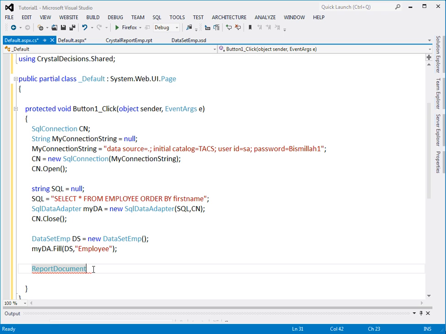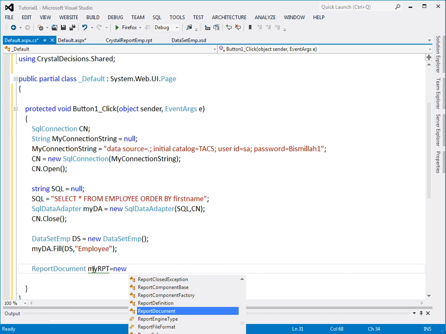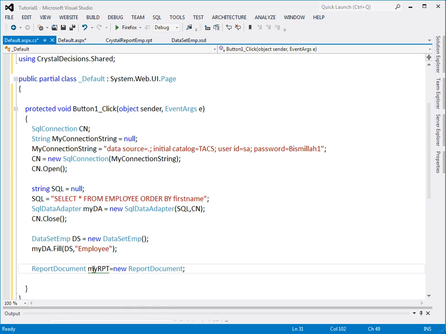This is a very important object of crystal report, and say that its name is myrpt, and create the new instance. Alright, in the next line